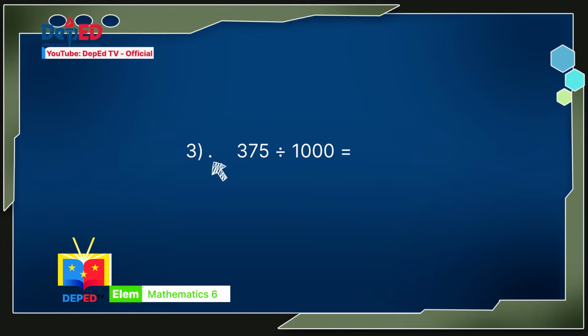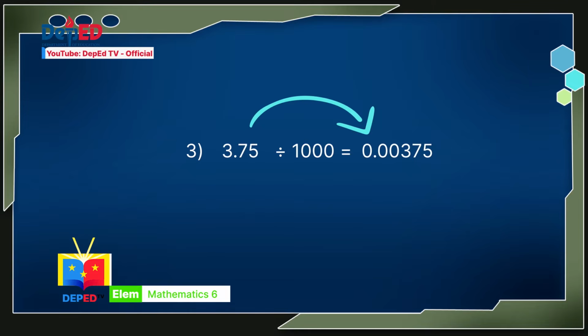to the left. In this case, if you move 3 places to the left, there is no more digit before 3, so affix zeros to the left on the empty places. The new decimal number formed is the quotient. Hence, 3.75 divided by 1,000 is equal to